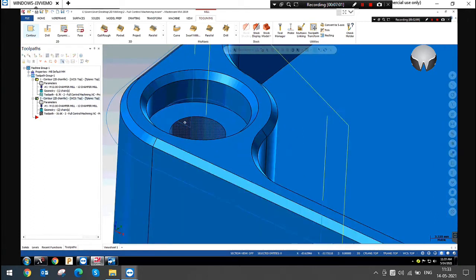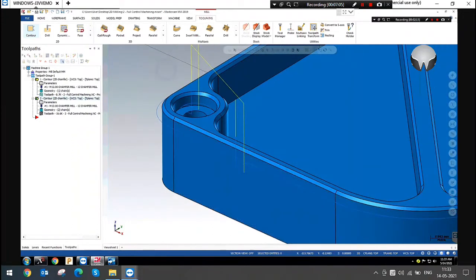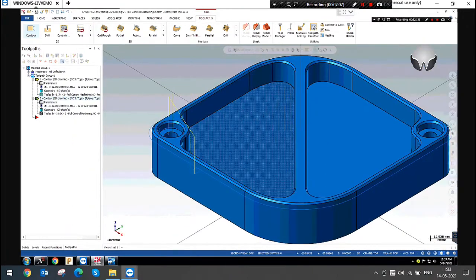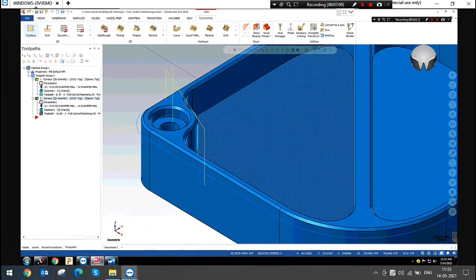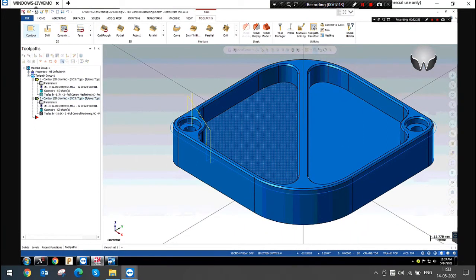Here it's okay. So this is the lead in lead out option. You have to give the value manually. Okay. Yes. Next option we'll see.